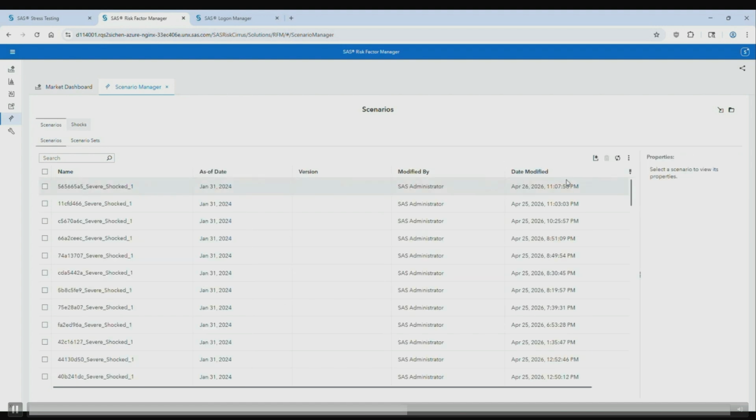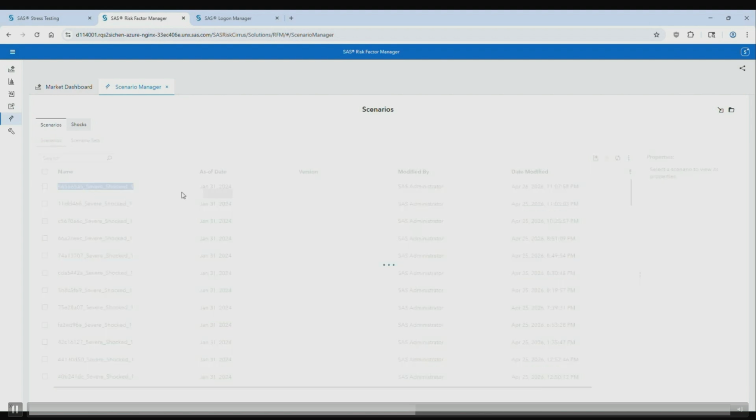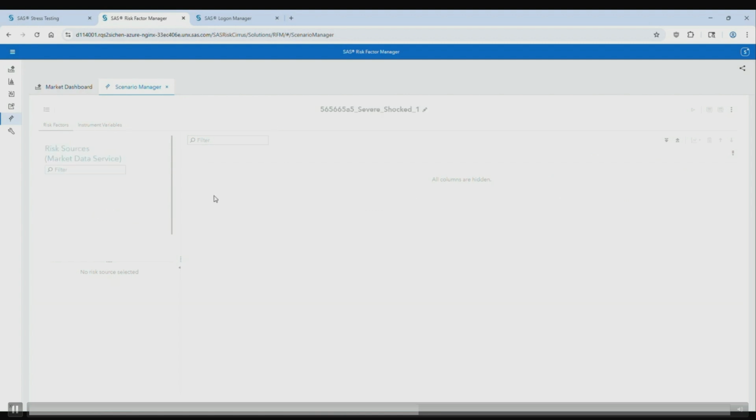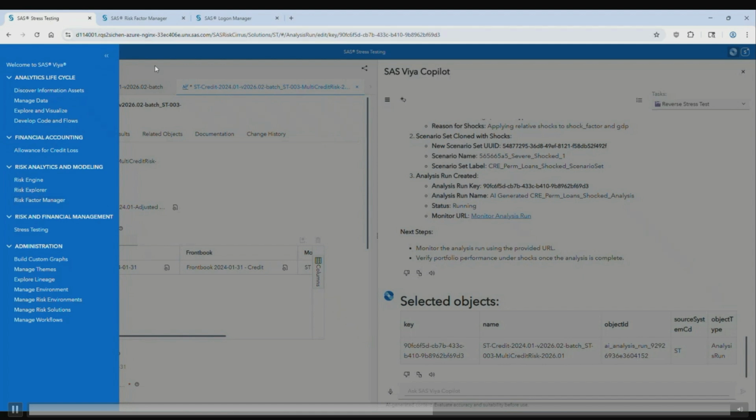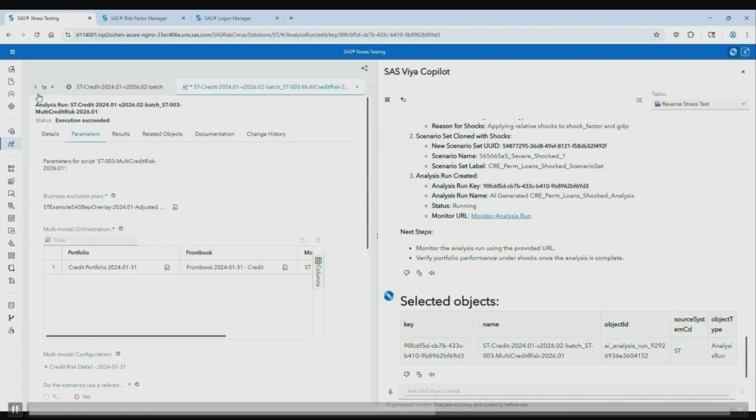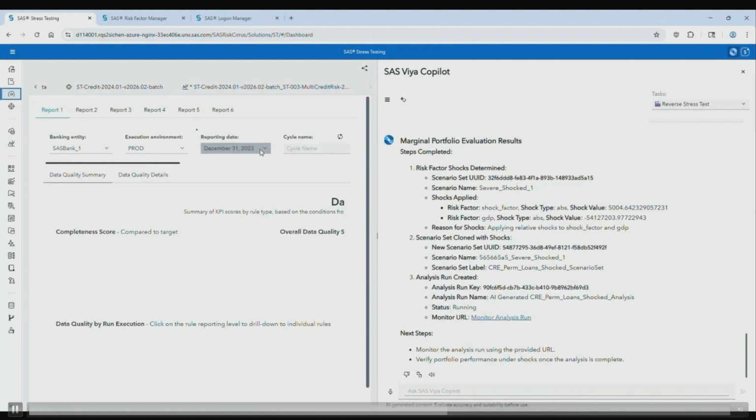I can click, I can refresh, and these are the new shocks that were created, and I can further look into the shock and look at the shock factors that were calculated by the AI agent. Then I can come back, and now when I look at the status of the run itself, it's been executed, and it was successful. So this framework we can use to perform the additional analysis.